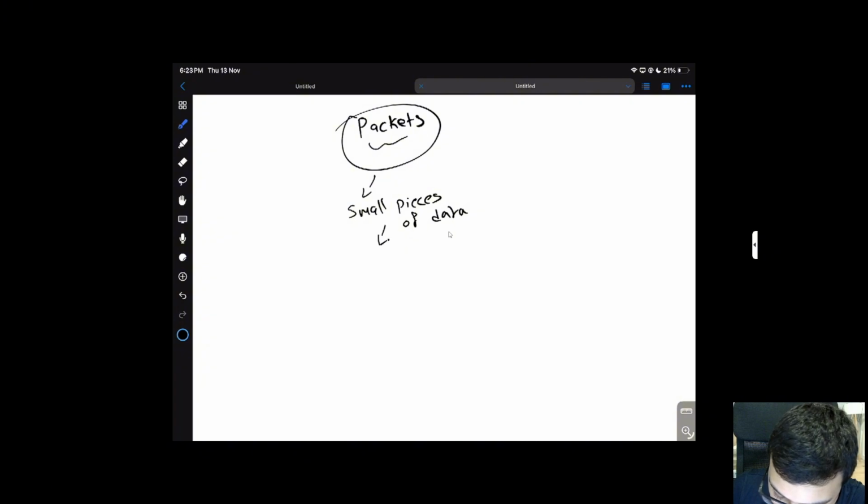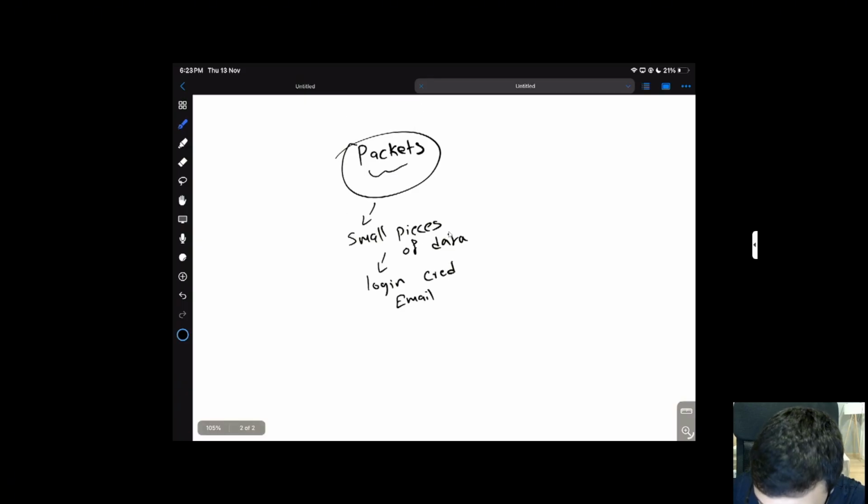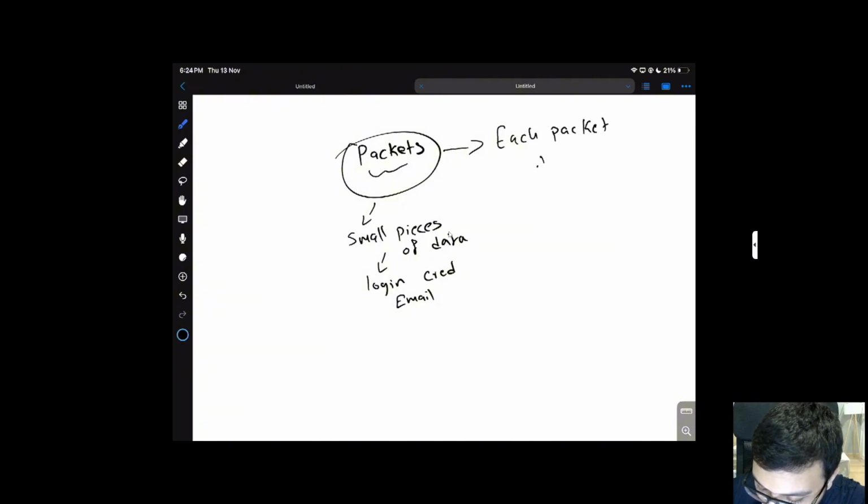So this can be stuff like login credentials, or in this case, an email you're trying to send to your friend maybe. And each packet is accompanied by what we call a packet